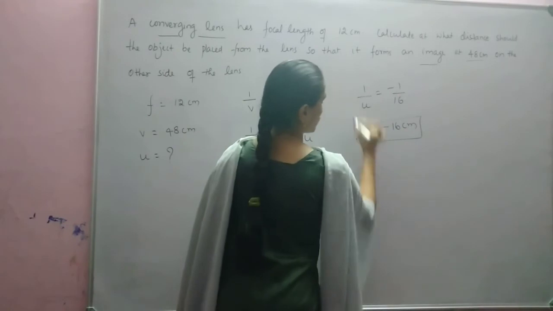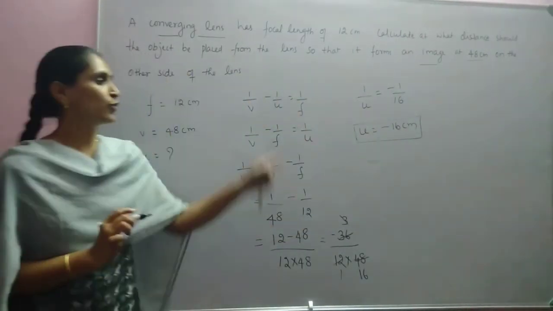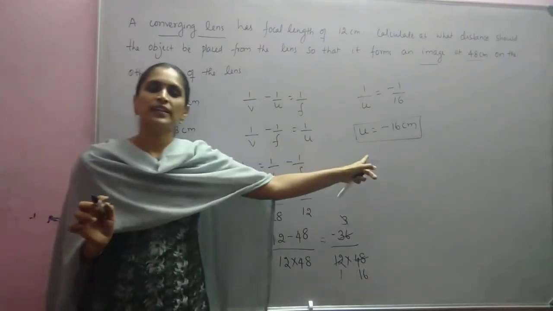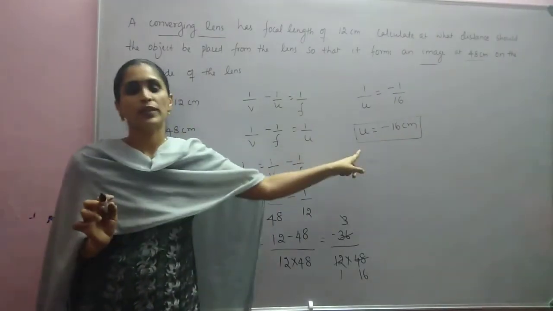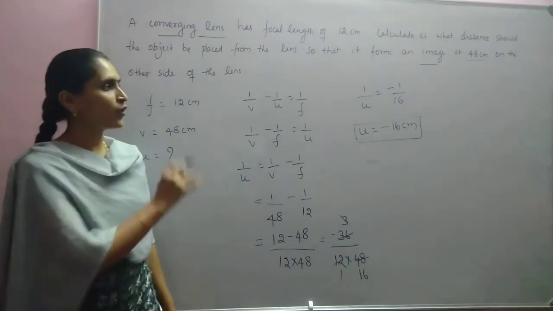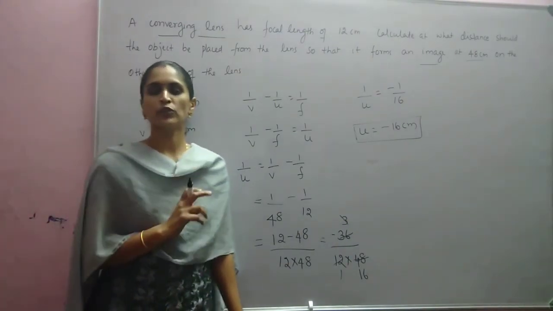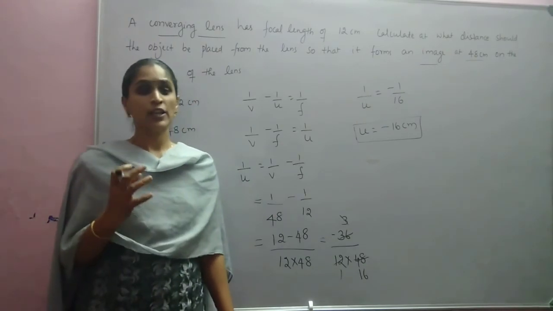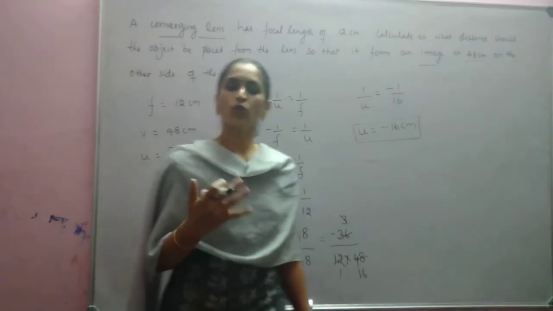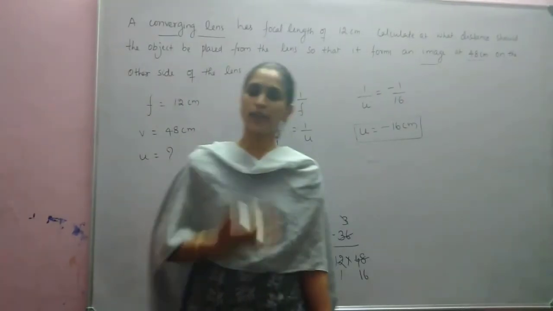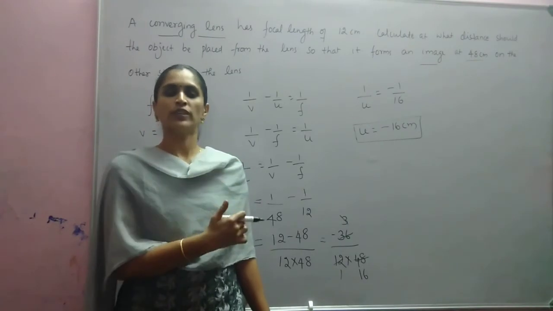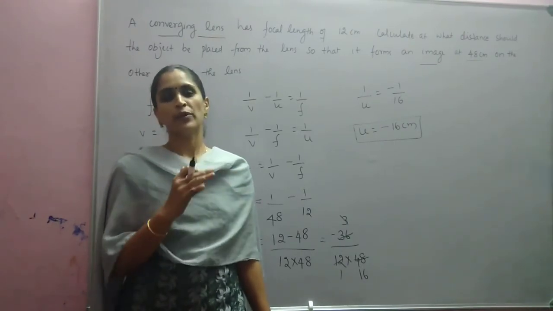So even though we have not taken object distance as negative, if our calculation is correct, we will get it with proper sign. That's why I told you, we'll get it as negative. Okay. So this is the way of solving problems based on lens formula and power of lens. So you can refer similar type of problems from your textbook or reference book, and you can solve those problems. And if you find any difficulty in solving those problems, you can communicate that to me.